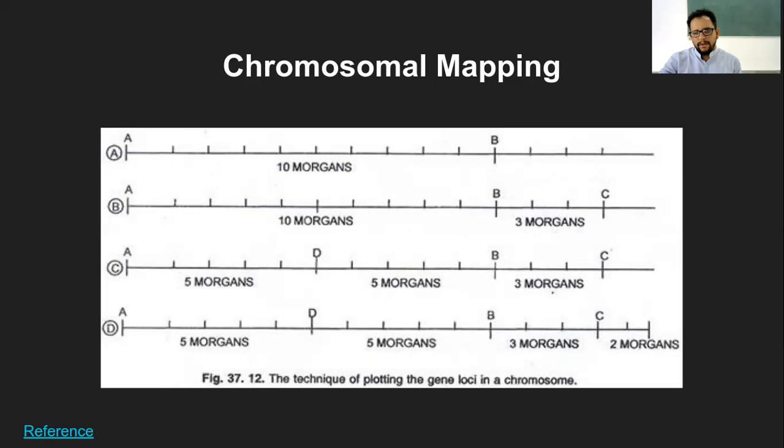Actually, you are right. But let me think about it. So I guess what could be my own confusion is, no, wait, it can't be true that way. If what you think is true, then 1 Morgan is 100% recombination and 10 Morgans is still 100% recombination. But if it was actually 100% recombination, they should have taken the whole chromosomal length as 1 Morgan, because that would be a more accurate measure, right?